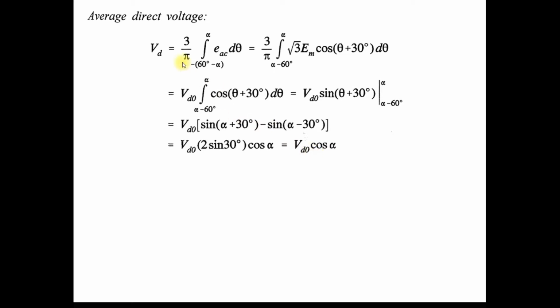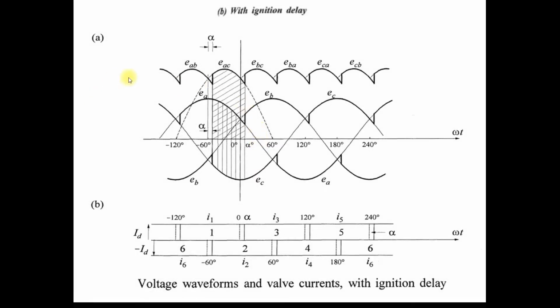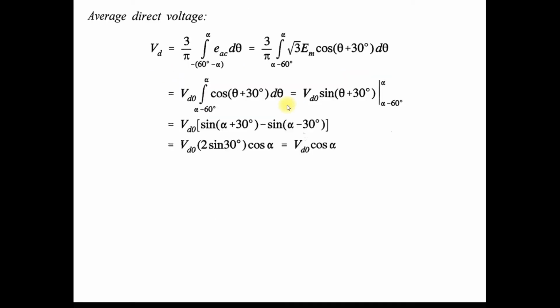So why does the average direct voltage become 0? Because at that time whatever magnitude you get in the positive phase, the same magnitude you get in the negative phase. So the average becomes 0. You can see here in the waveform, at 90 degree, whatever magnitude you get for the positive phase, the same magnitude you get for the negative phase. So when you take the difference between the two phases, upper and lower group, that becomes 0. So at that time you get 0 direct voltage. Clear? Line to line voltage at that time becomes 0. So this is the analysis with the assumption of firing angle delay,